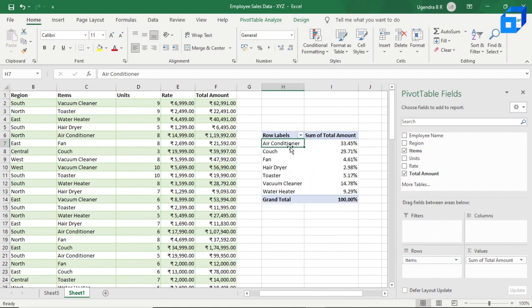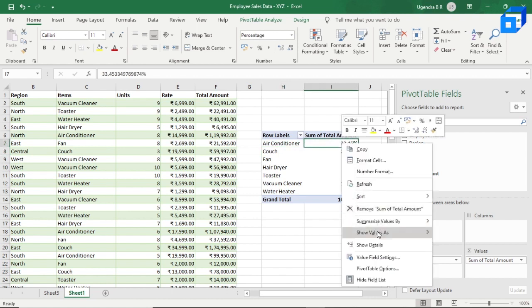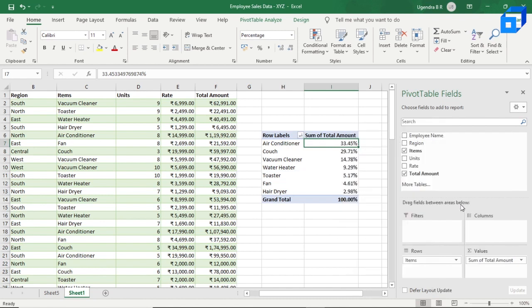So the air conditioners have been sold for 33.45% of the total amount of sales, and the couches have been sold for 29.71%, and so on. Now let us sort this in descending order too: sort and largest to smallest. As you can see, the hair dryers have only been sold for 2.98%, which is the least among all of these.